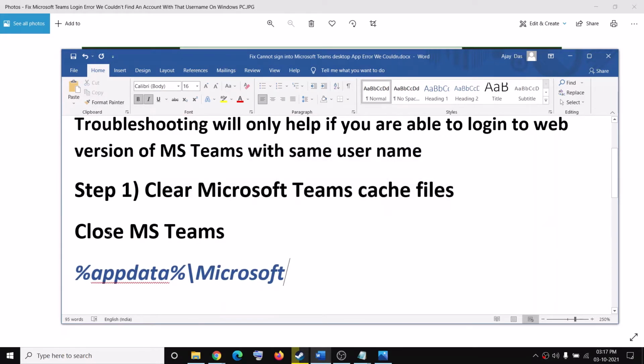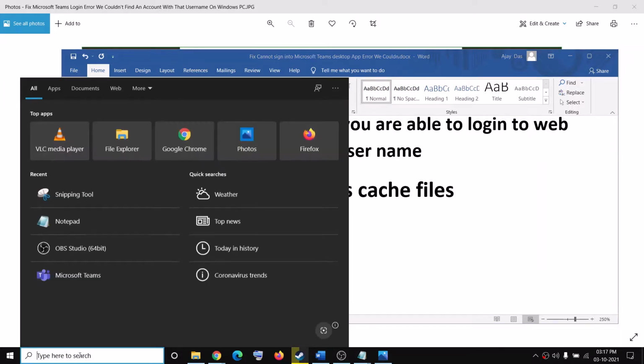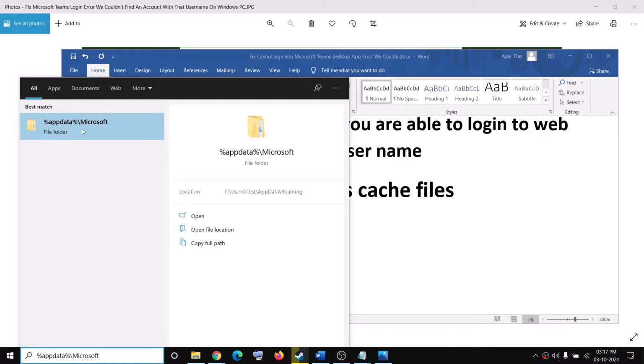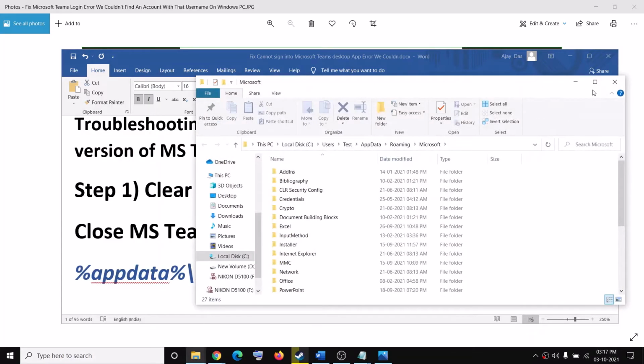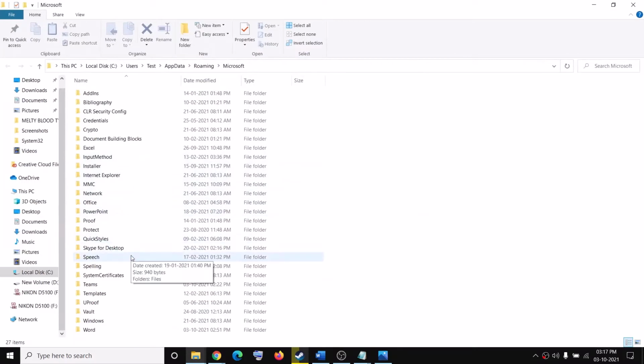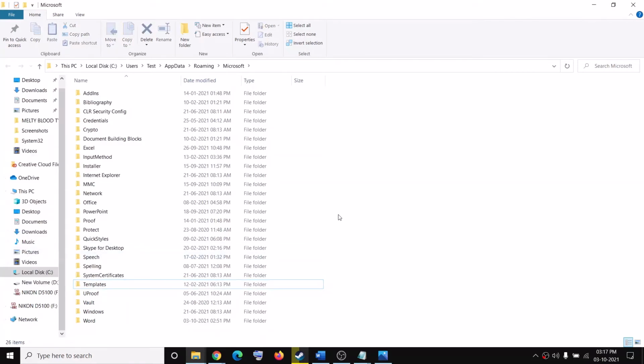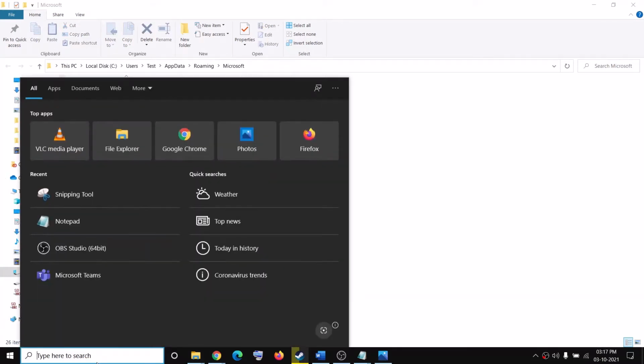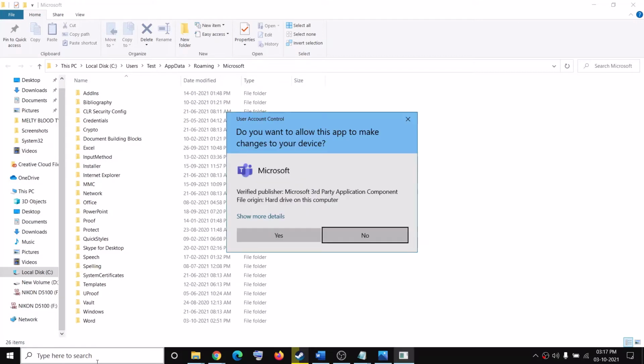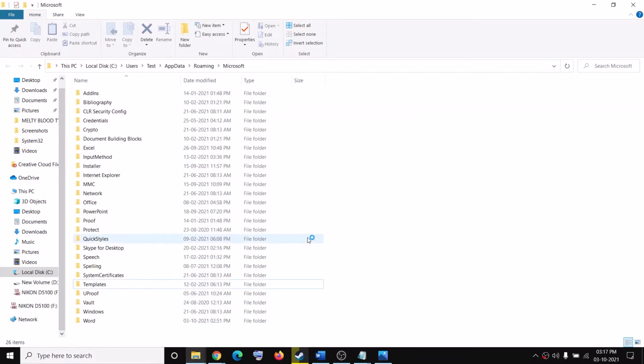For this, go ahead and first of all close the Microsoft Teams desktop app. So if Teams is running, go ahead and close it from Task Manager, and then go to this location. You can paste it in the Windows search box and then click on this folder, and then over here you will find Microsoft Teams. Here you can see the Teams folder. Make a right click and then click on delete, and then you can go ahead and try to launch Teams, and this time it will be asking you to log in, and you can go ahead and log in and you should not receive that error message anymore.